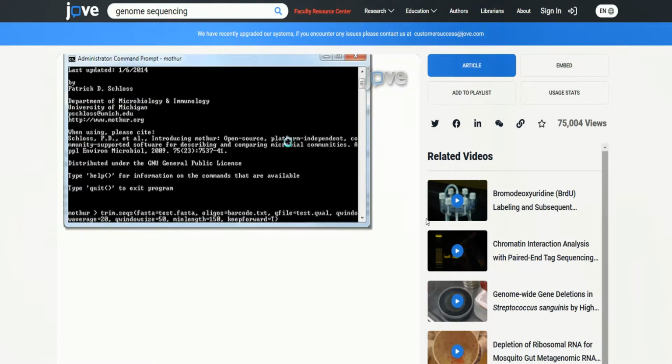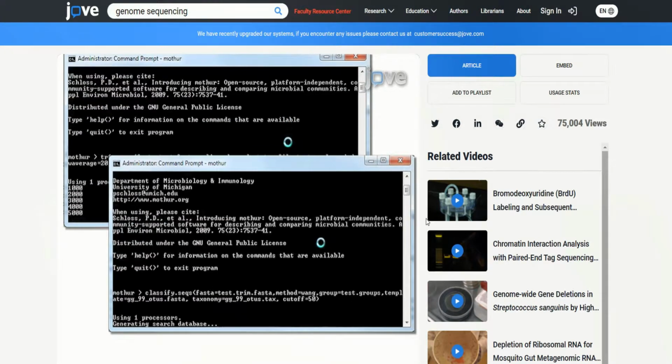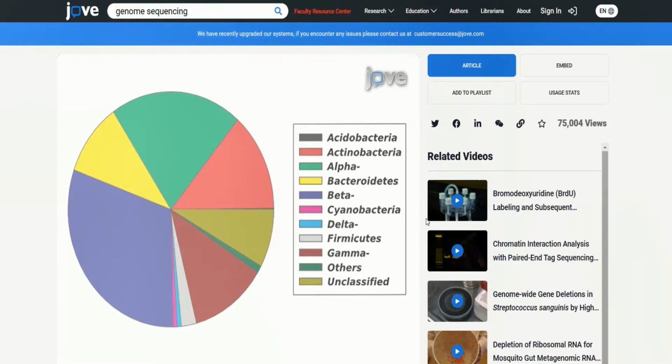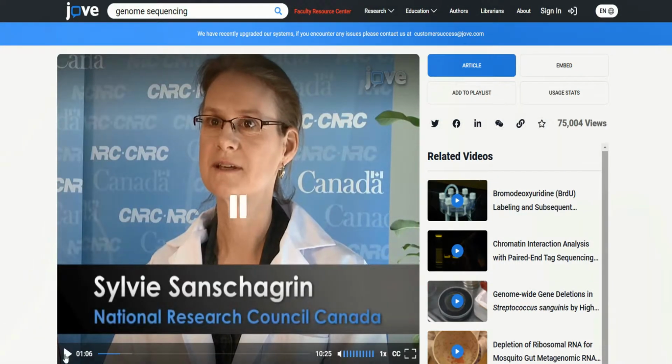The final step is to analyze the resulting sequence datasets. Ultimately, 16S rRNA gene amplicon sequencing is used to determine the composition and diversity of the microbial community in an environmental sample. The main advantage of this